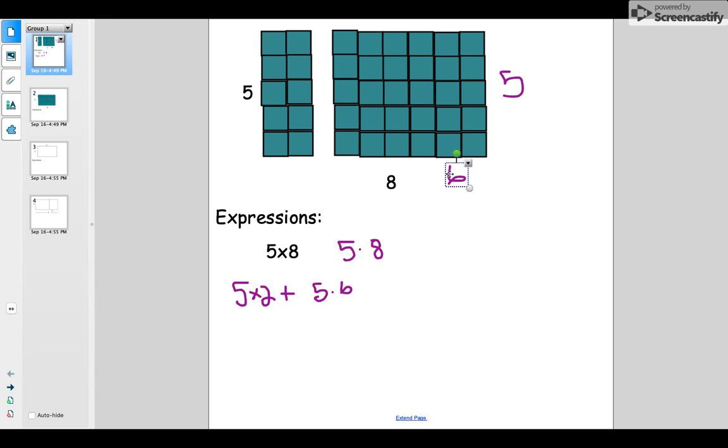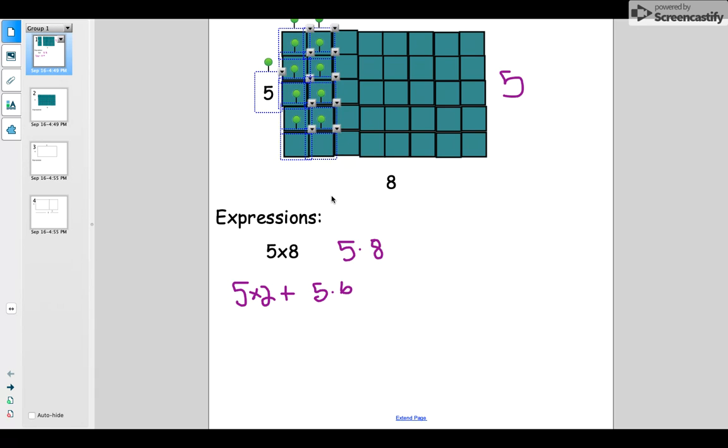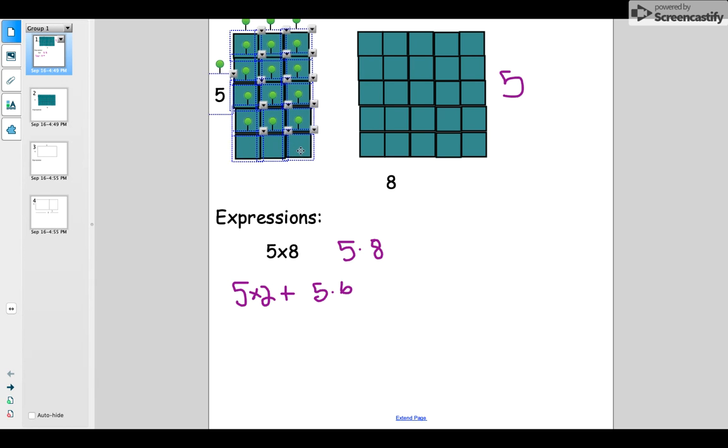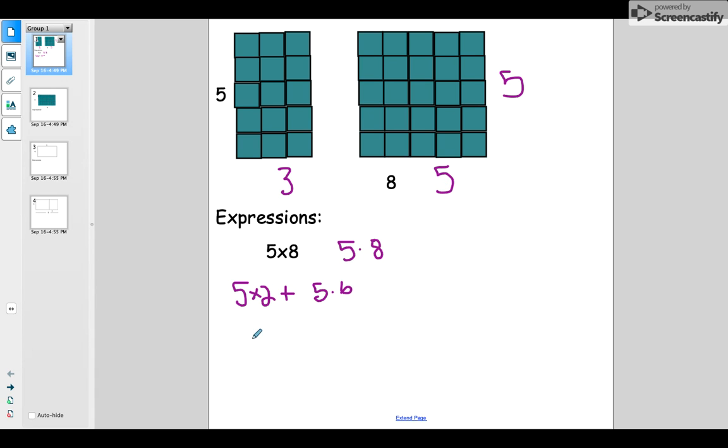That's not the only way I can do it. There's many other ways. So say instead of taking the 2 rows of 5 this time, I want to take 3 rows of 5. That would give me a 5 by 3 array and a 5 by 5 array. So I could write it in expanded form as 5 times 3, which is 15, plus I'd have to add on my other array to get back to my total